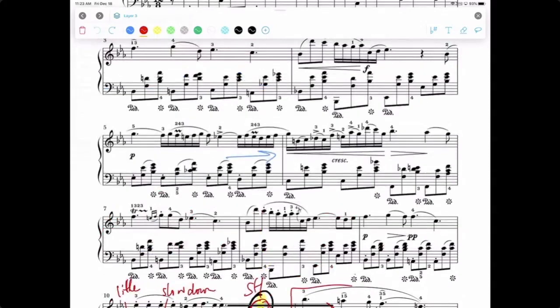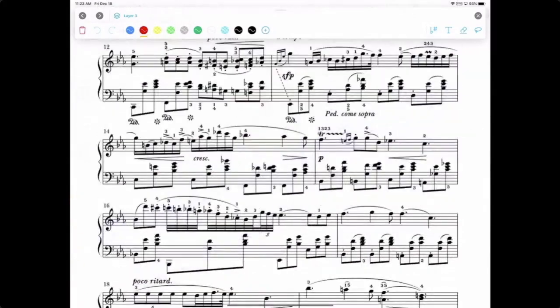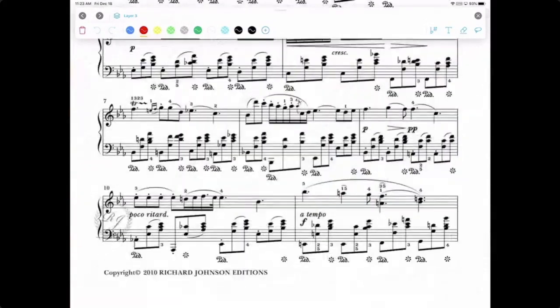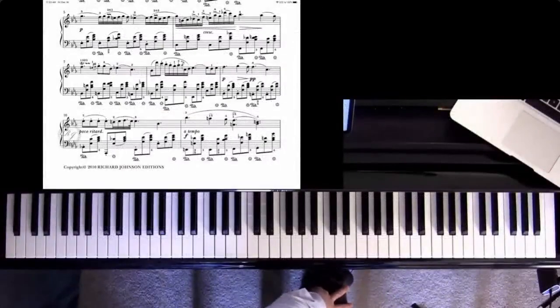And when she's ready and she's improved that part, we can remove that layer. And now she's got a clean piece of music. We can write new things to focus on other things. So that's another hidden feature that I think is absolutely very, very powerful in terms of making the teaching very,